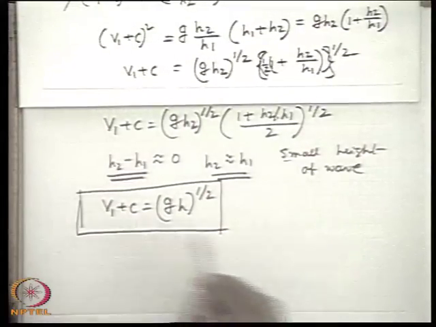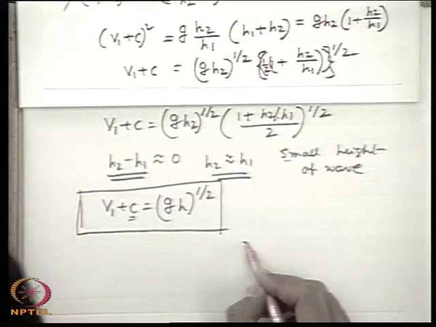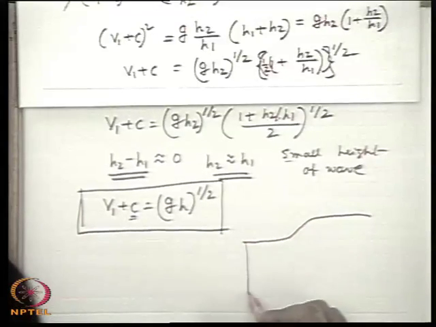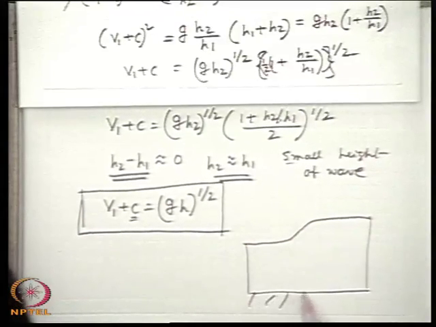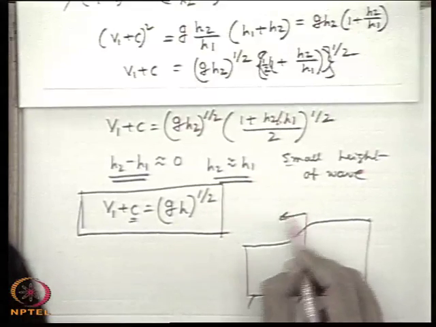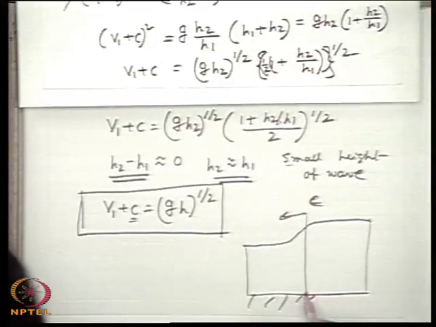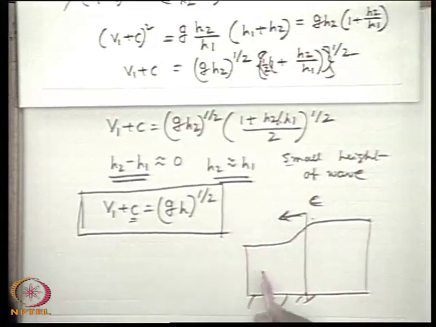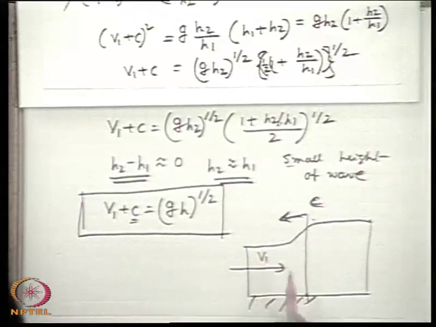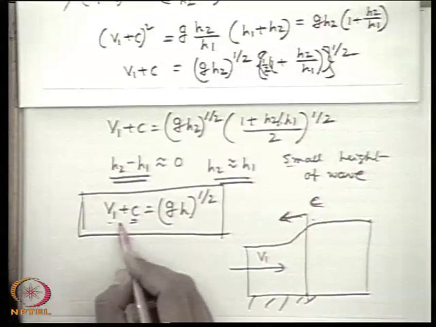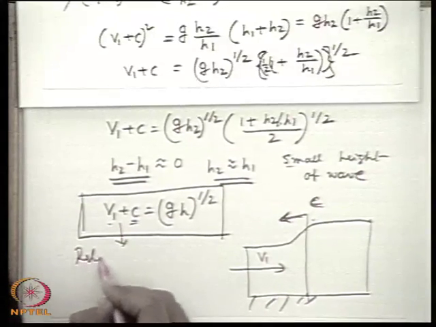This signifies that this is the propagation velocity. That means if this is the channel, okay, this is the velocity C, that is the propagation velocity of the disturbing wave. So, V1 is the flow velocity in the channel. So, therefore, V1 plus C is the relative velocity